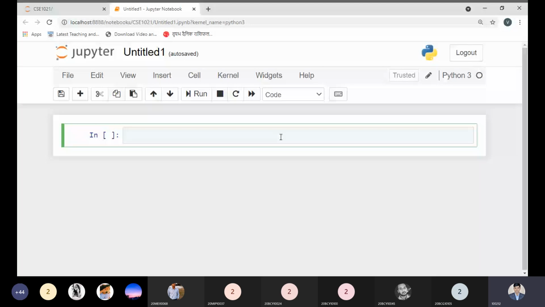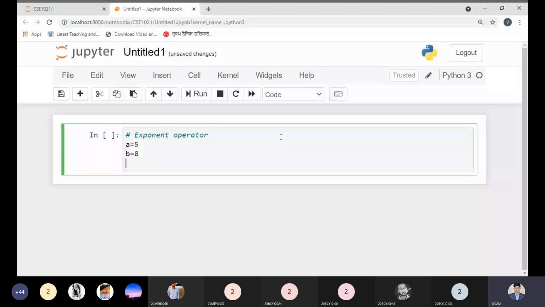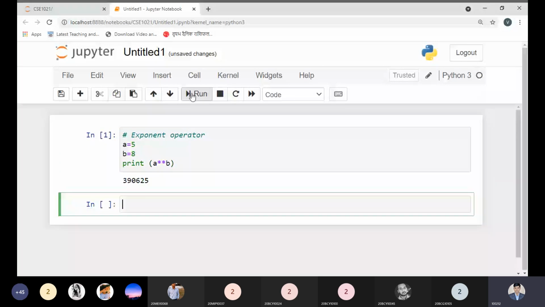So what is the basic thing we have? We have to use the exponent operator. Why use the exponent operator? We can raise the power of a number without any problem. Suppose I'm using a is equal to 5 and b is equal to 8. I can use another variable to store the resultant value, or I can print directly by simply using a to the power b. So what does it print? 5 to the power 8. Now see the result. You can see the result without any floating point or anything else. So we are getting the result in a simple way.